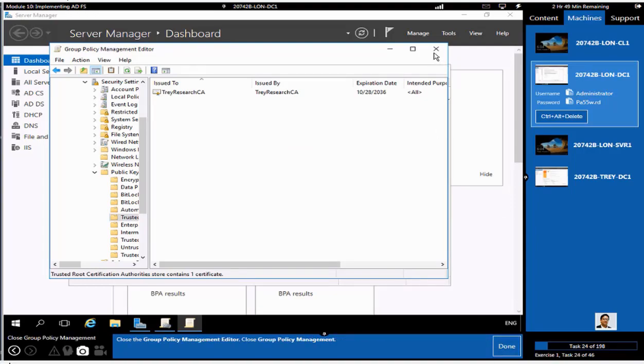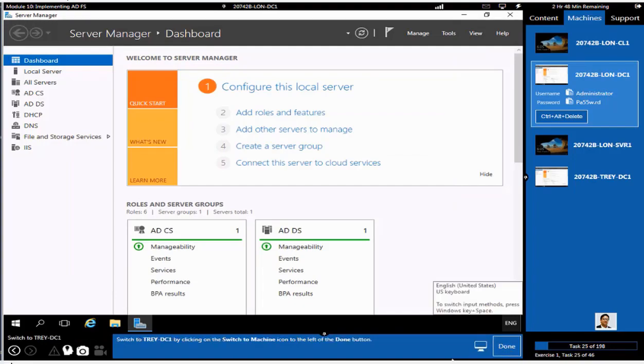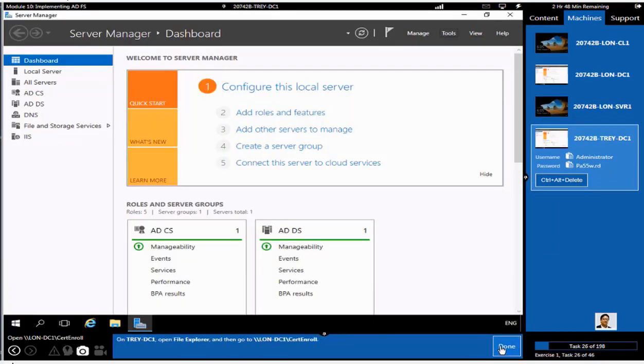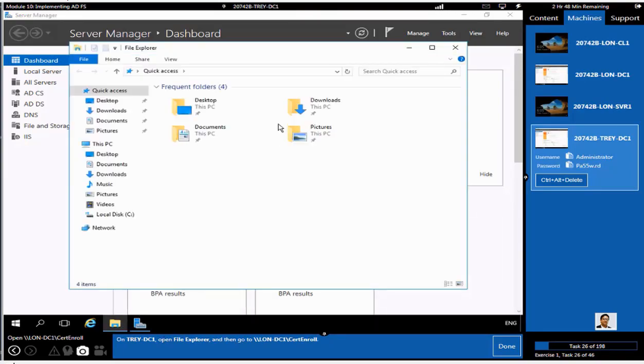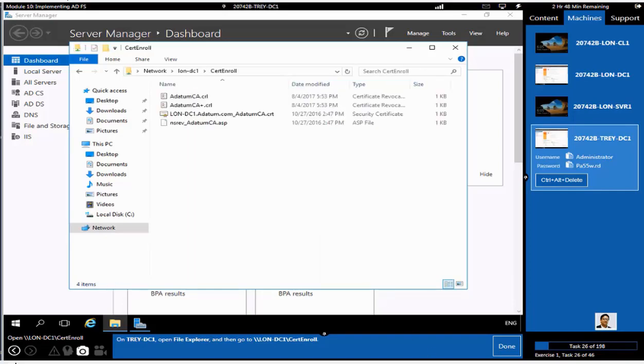On the other end, now we can go into our LON-DC1, where we are going to get a certificate from adatum.com. So click on the LON-DC1 host name. The server was already logged in. Now you can use a UNC path, Universal Naming Convention, for DC1, where we have a shared folder,